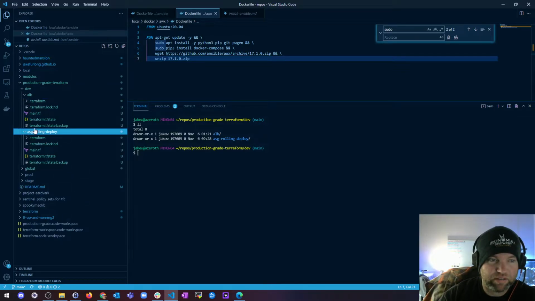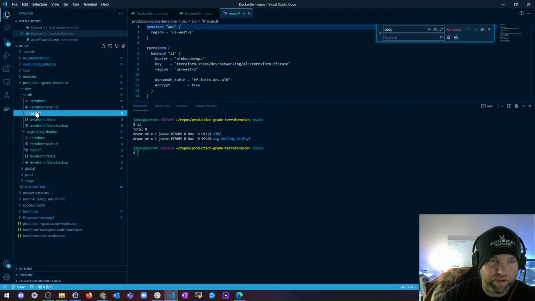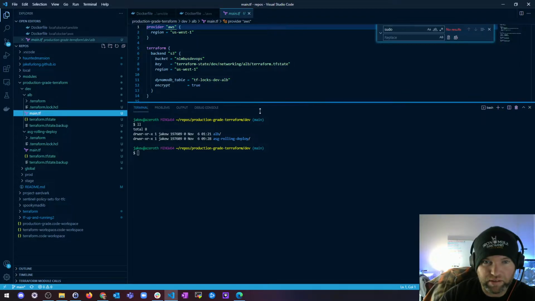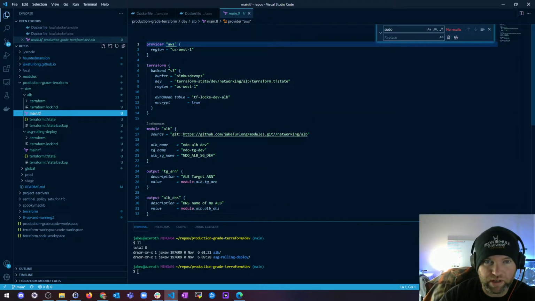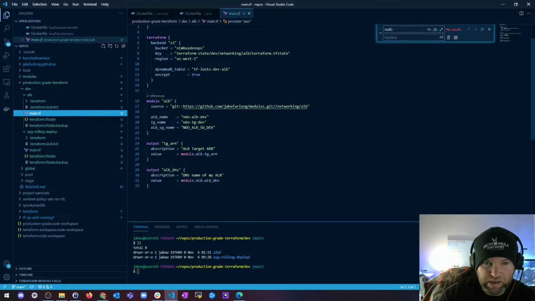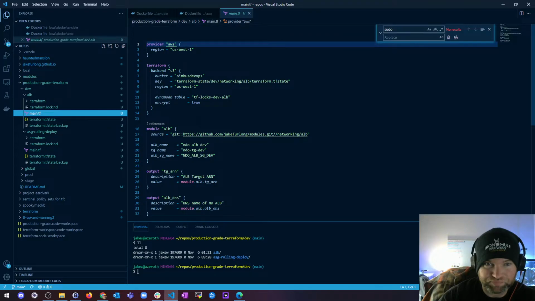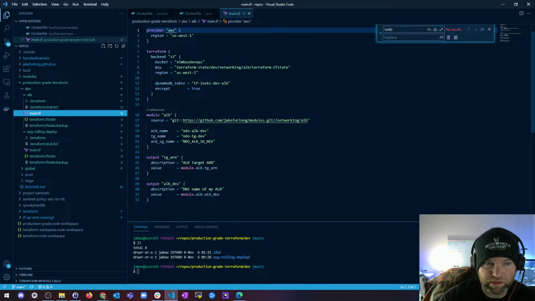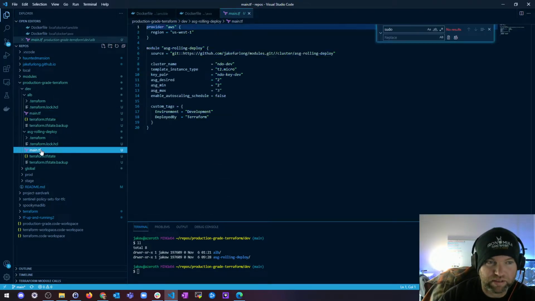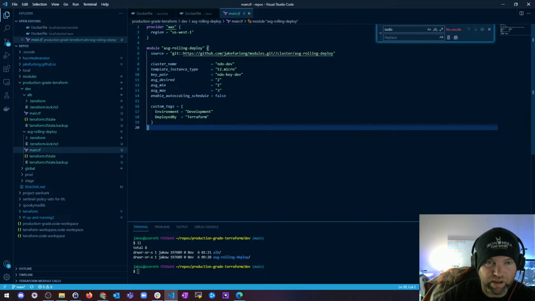Inside my ALB directory, I've got a main file, and all it does is take the code that I needed for my ALB, configured a backend AWS S3 bucket and a DynamoDB table for my locks, and then just use the ALB module to create a load balancer with an output of target ARN and the DNS. ALB takes a while to build, so this drastically increased the time to apply my autoscaling group, which I'm using